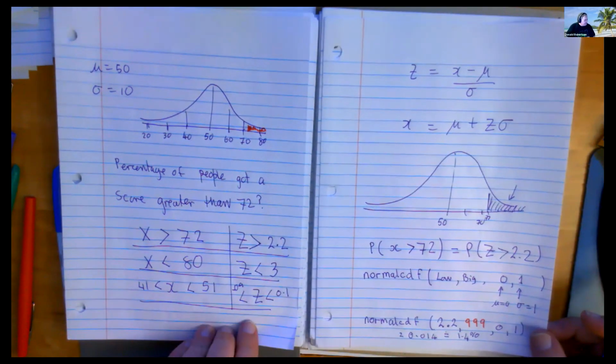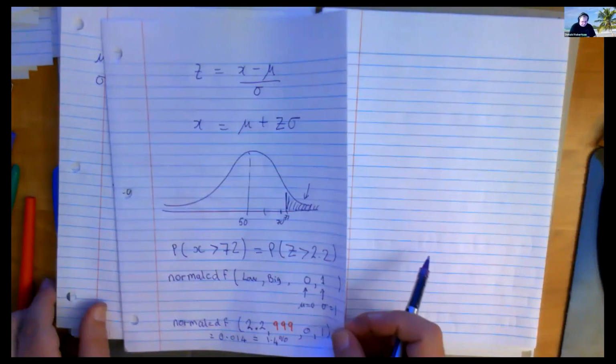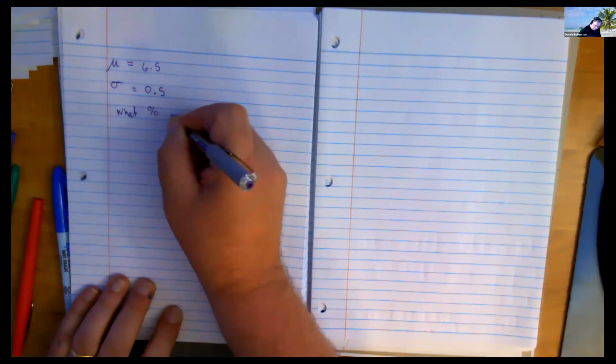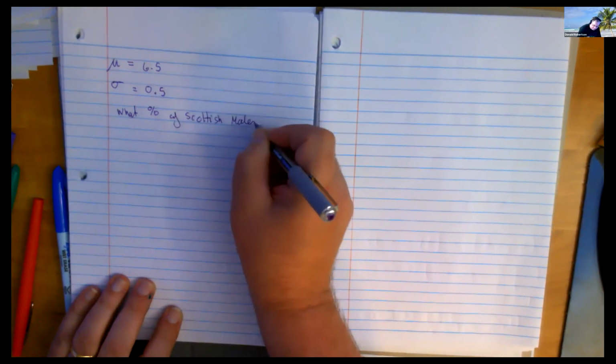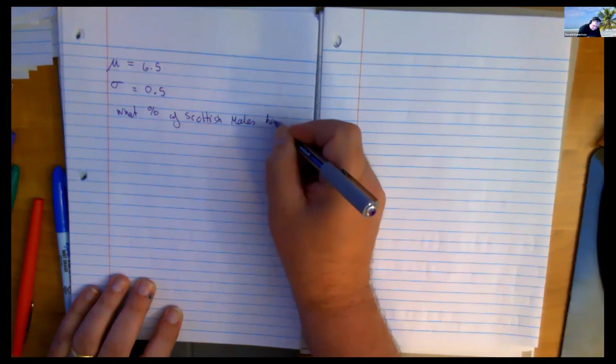Let's try doing some more of those questions then. Let's suppose that in Scotland, the mean height is 6.5 feet, right? And that the standard deviation is 0.5 feet, right? And I would like to know what percentage of Scottish adult males have a height